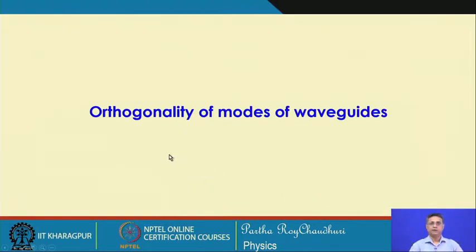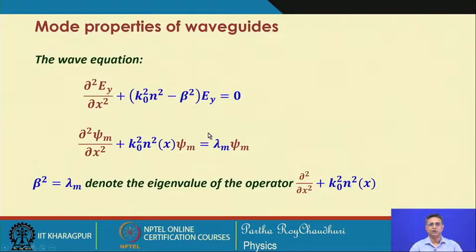Okay, now we will look at another important aspect of the waveguide modes, which is the orthogonality of modes, and it is very interesting to know that all the modes which are supported by the waveguide will be orthogonal to each other. For that, we write the wave equation for the electric field for this particular case, that is for the TE mode, and the electric field of that is u. So, we can write this expression k0, this is n square of x to represent both core and cladding,